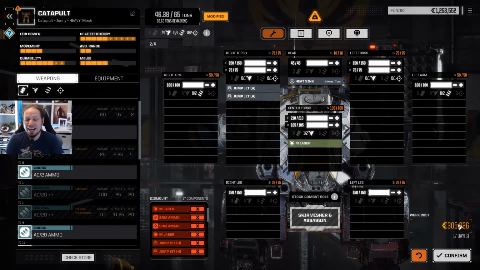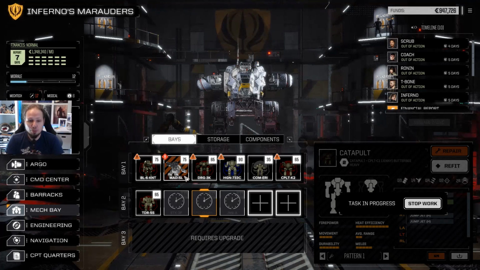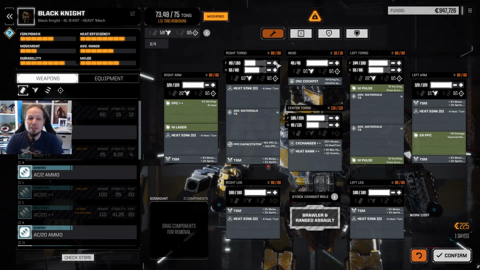It will cost us 300,000. Ouch, that's a lot. But payday is about to come, so we can probably afford it. We have, I believe, 7 days until the payday. What's more important is repairing the Black Knight. Can I repair it from here? That would be nice. That would be so good. Is it actually repairing? No, it's not. It's up-armoring them again. Ah, okay. So I gotta click this. Okay, then it makes sense to actually...